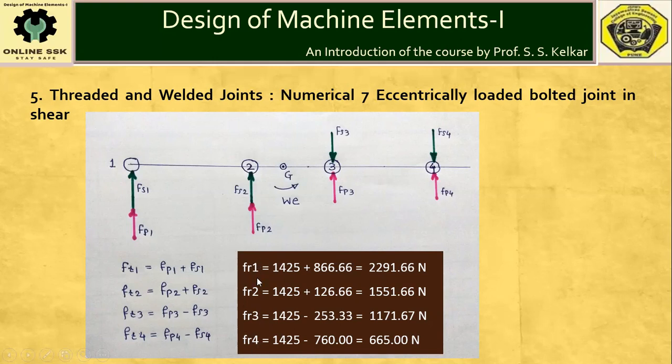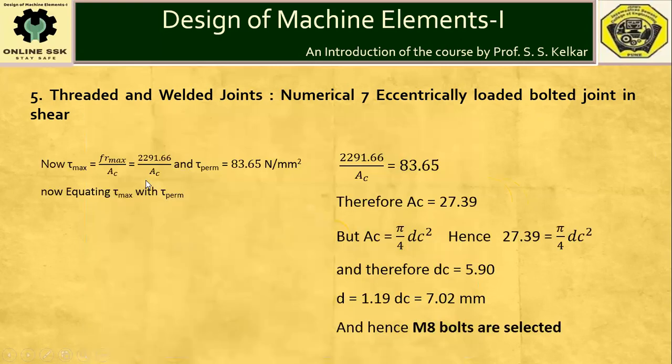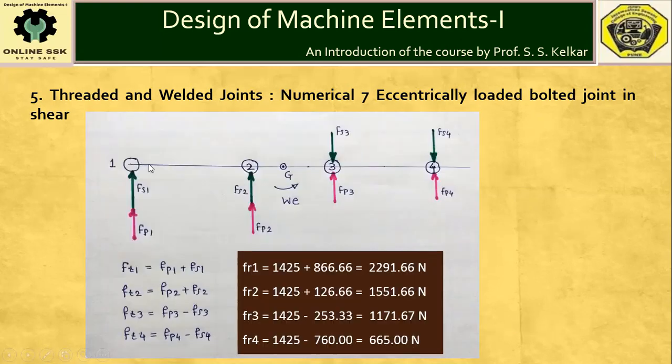Therefore, Fr1 is the Fr max, and bolt number 1 experiences maximum resultant shear force. Therefore, bolt number 1 is the critically loaded bolt, and its resultant shear force will be taken into account for further analysis. So here Fr max is the resultant shear force as experienced by bolt number 1, which is equal to